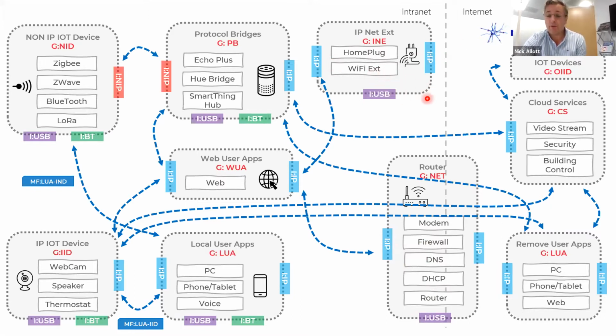Nick, it's Duncan here. Sorry, sure. We've got a couple of questions coming. Yeah, sure, go ahead. There was a question, I think, from Andrew Neal. It says, what's the distinction between Bluetooth in the box and the IBT as an interface? So if you look, for example, in the non-IP, you've got Bluetooth, there's a box in the big box, and then you've got IBT. Could you just clarify that? Okay,